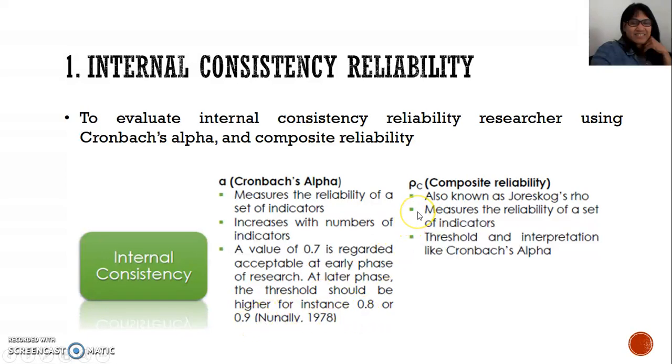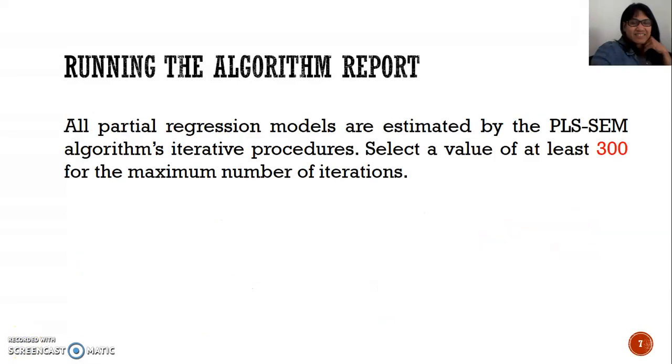Second is the composite reliability, also known as Jöreskog's rho, which also measures the reliability of a set of indicators. The threshold and interpretation are the same as for Cronbach's alpha. To know the numbers, we should run the algorithm report in the PLS-SEM